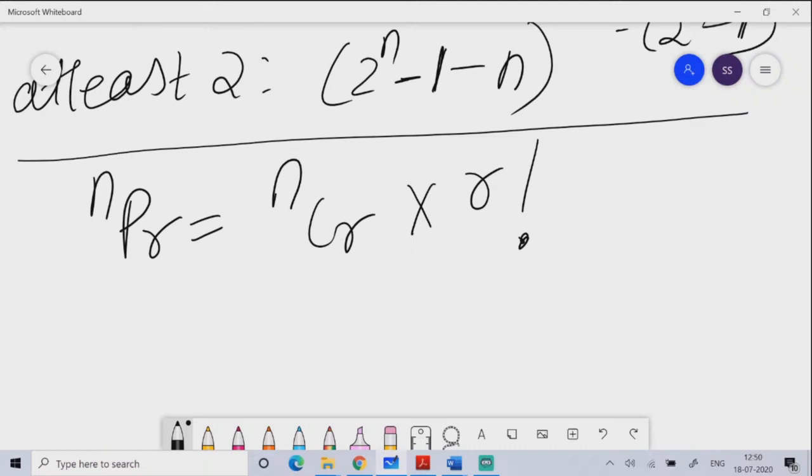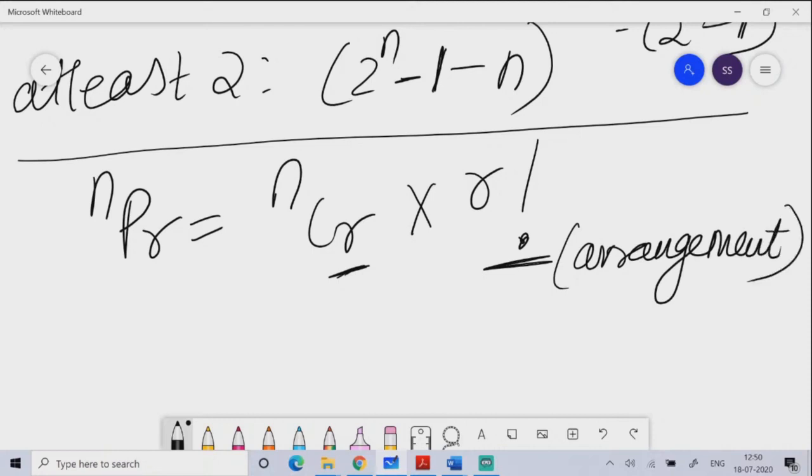So when we work on random experiment, if the question is beyond selection, if you're following a process of filtration and you're working on beyond selection, then you think about how you can work on it. So then you work on arrangement. The r objects whatever you have selected, you can arrange them in r factorial ways. So now this is arrangement.